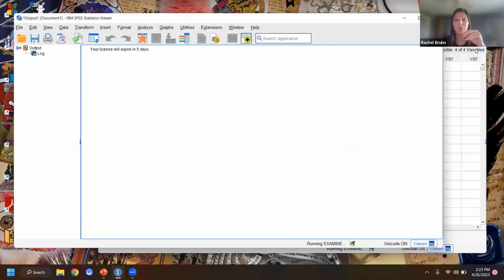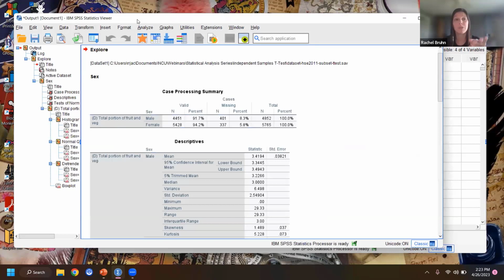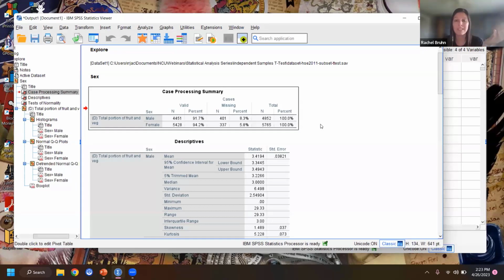And SPSS, you'll notice it just left my spreadsheet and switched me over to the output window. So that's something important to know about SPSS, two windows there. So here is my output. Case processing, I'm basically going to ignore this. This is just looking at the number of points that were used in the analysis versus what was missing. I don't really need to worry about that as far as interpreting the assumptions and things like that,